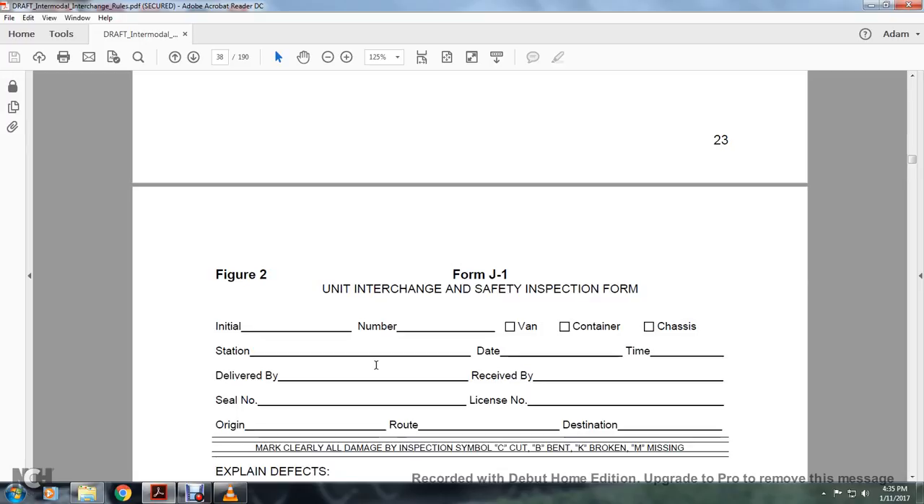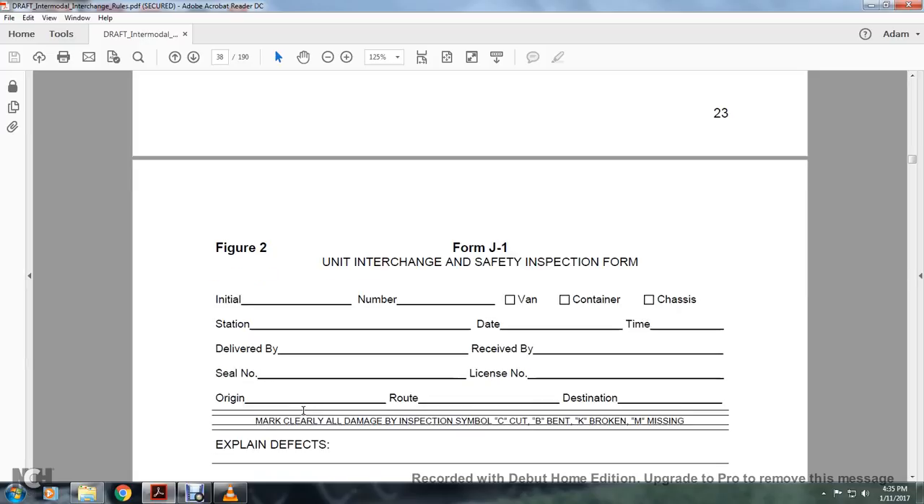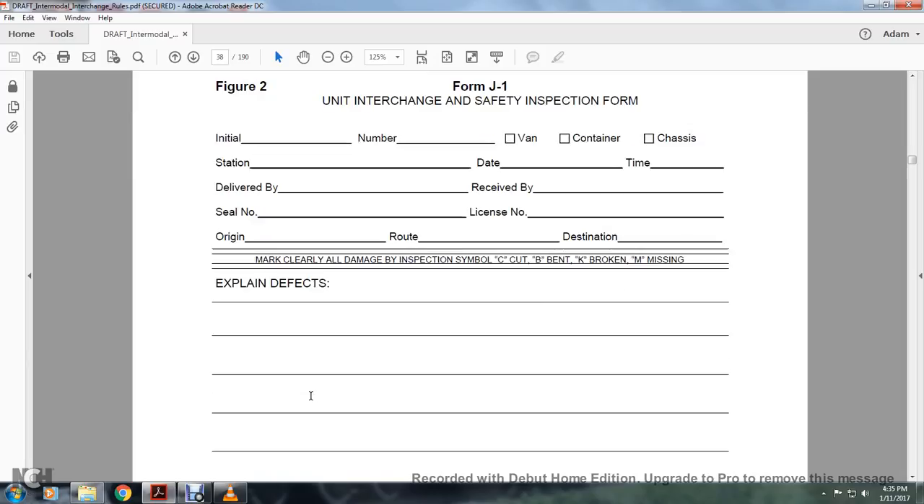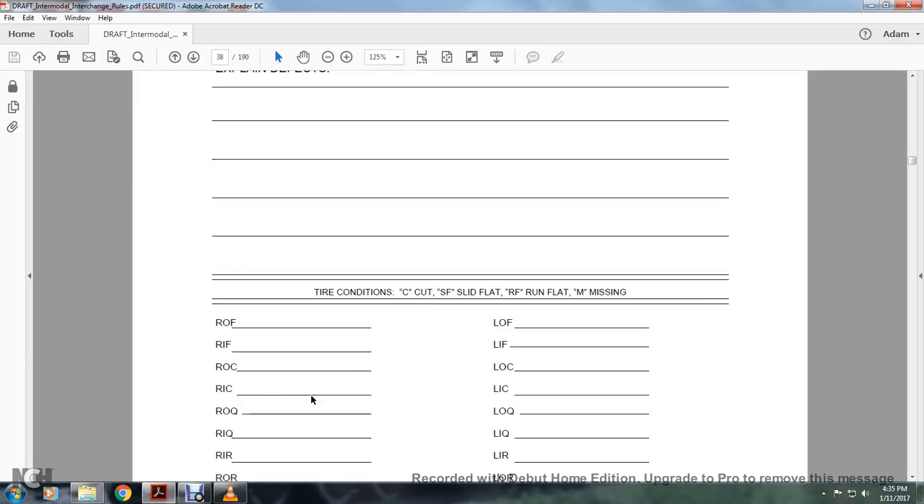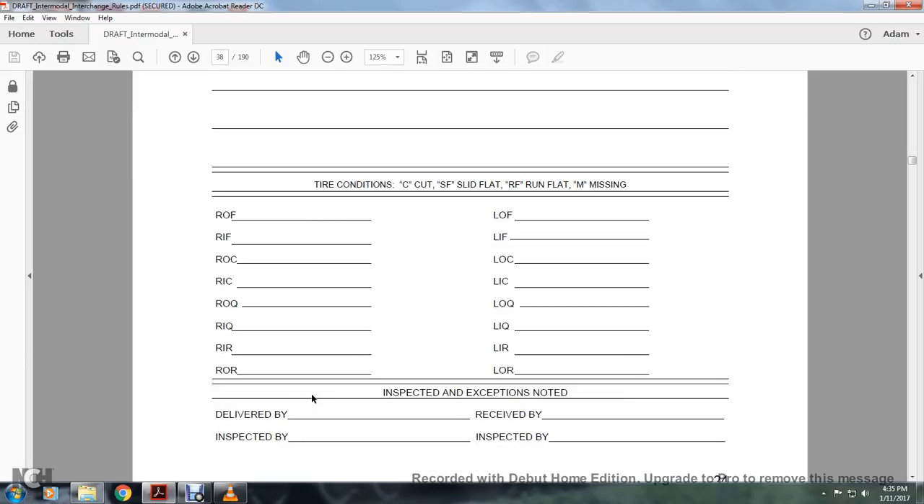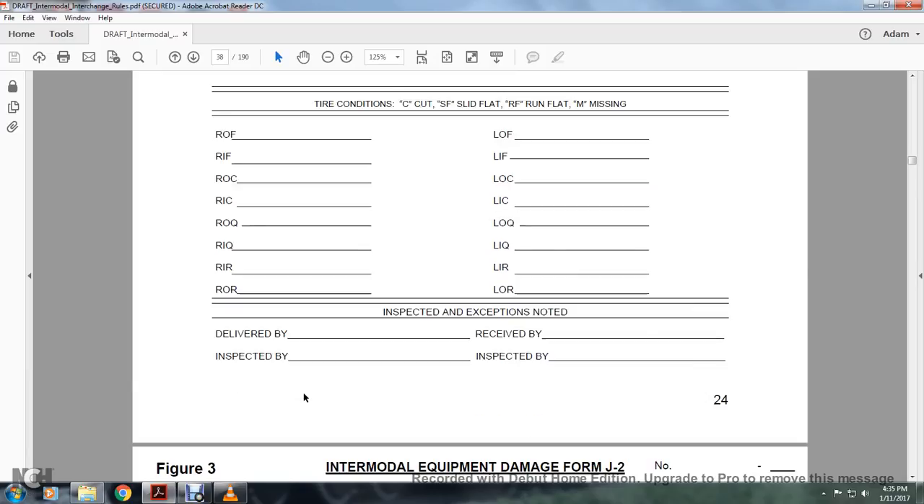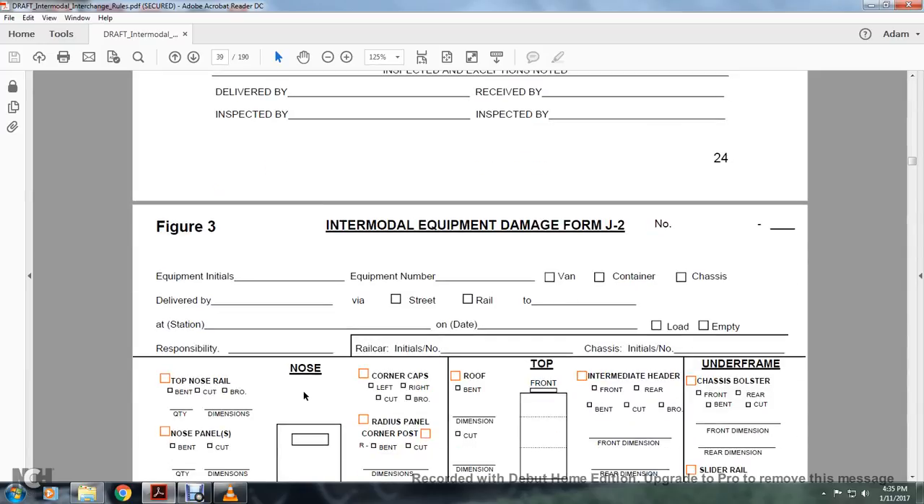Alright, Figure 2 shows the Form J1, a unit interchange safety inspection: initial, number, container, chassis, station, date and time of delivery, delivered by, received by, seal number, license number, the origination, route, and destination, explanation, defects, and then the tire conditions, inspected, exemptions noted, delivered by, received by, inspected by, intermodal damage form J2,